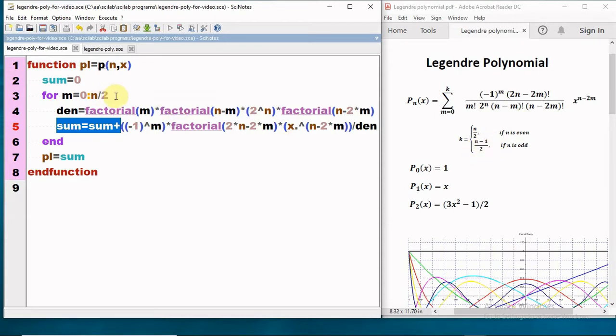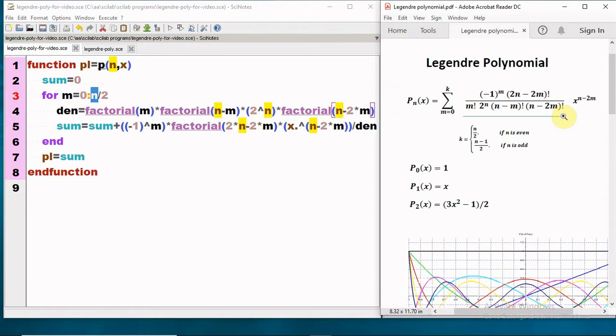So let us look at this program. If n is odd, say 5, then this will be 0 to 5 by 2, which is 2.5. But again this loop will run from 0 to 2 because m can take only integer values. The expression here is the same mathematical expression which we have over here.